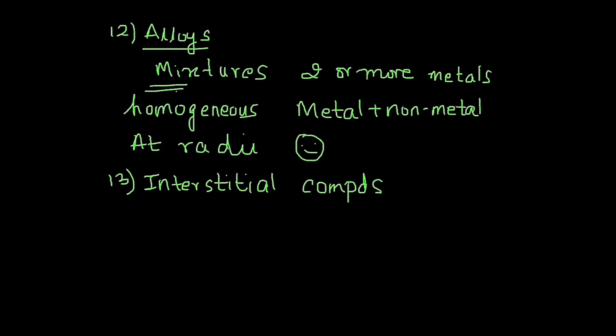So what we've got is small atoms like hydrogen, carbon, nitrogen. They will get trapped in the crystal lattices, and these compounds are called interstitial compounds. So their properties, what do they do? They enhance the properties of the